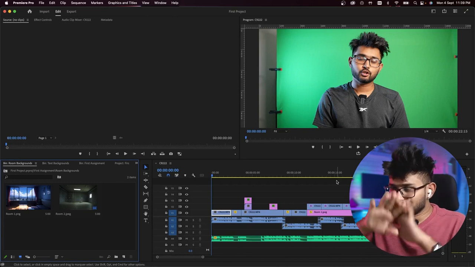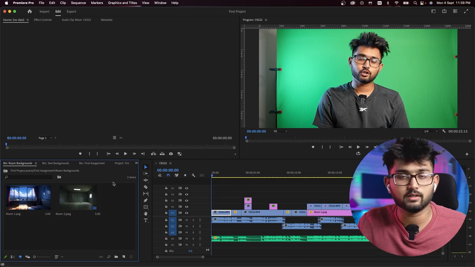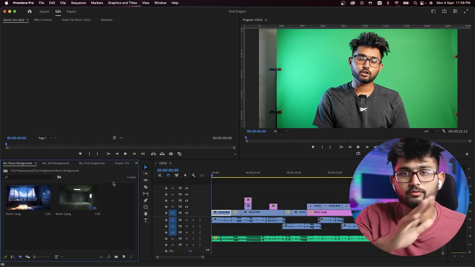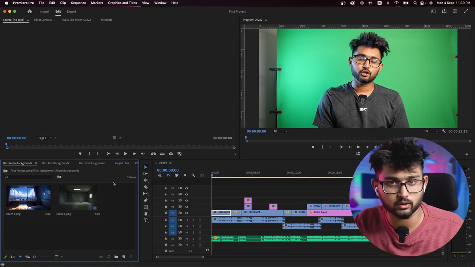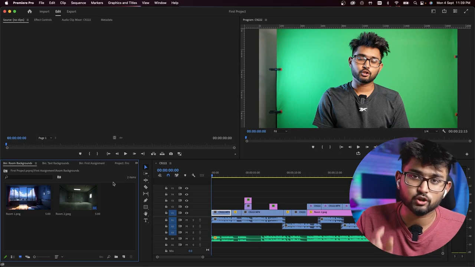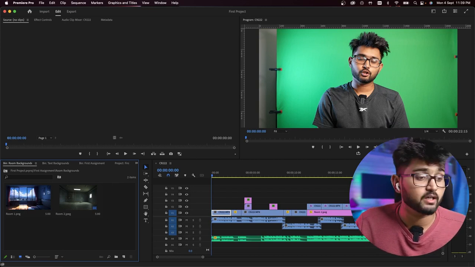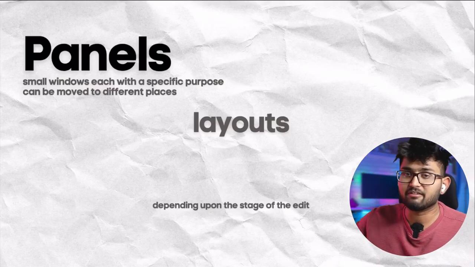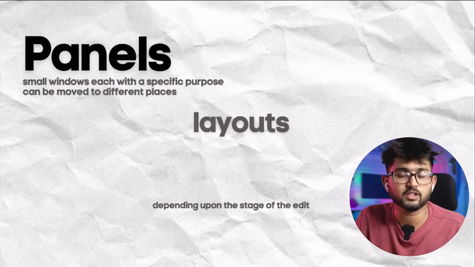Right, and this is called one of the layouts, and we can have multiple layouts of the same. Like you can have different positions of panels, and each set of these positions is called a layout. And depending upon the stage of the edit, we have different workspaces. So depending upon the stage of the edit, we'll have multiple layouts, and these layouts are called workspaces,